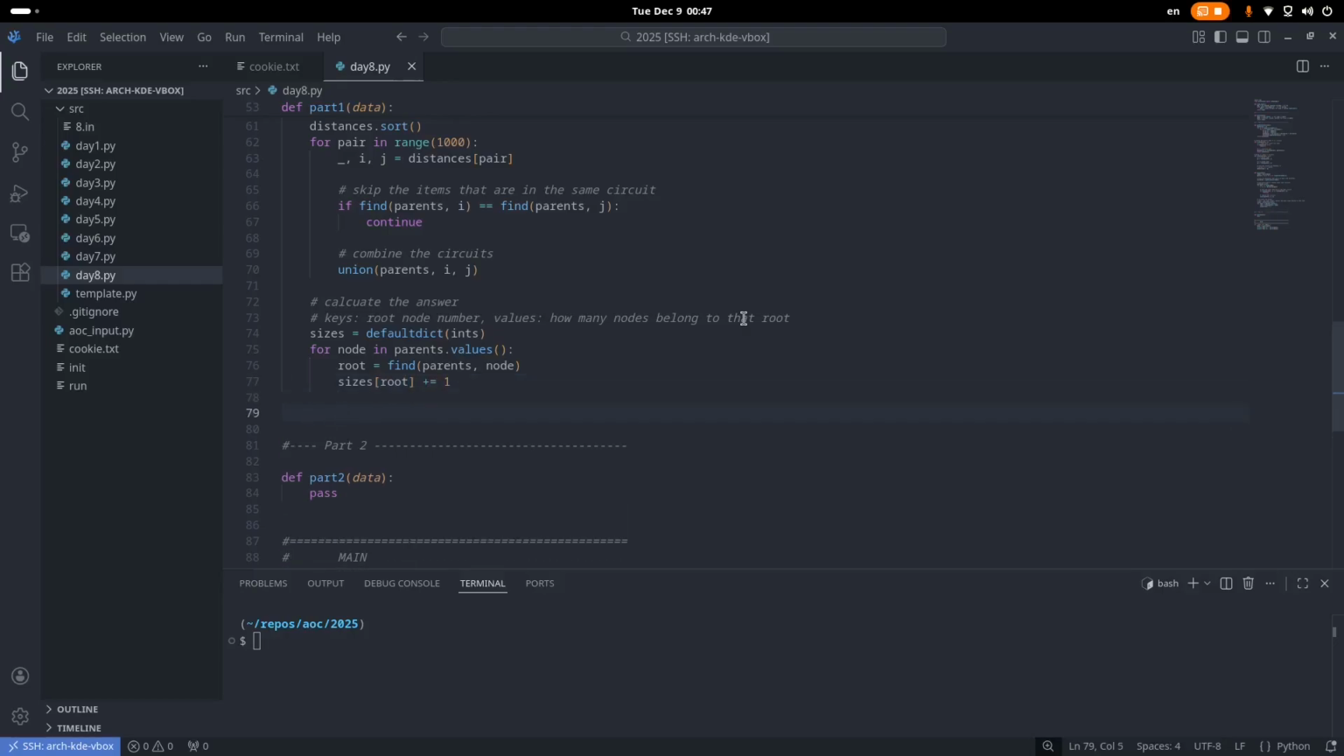And then finally for our answer, we'll say answer is equal to 1. And then for s in sorted(sizes.values()), so let's order sizes from smallest to largest. And we only want the biggest 3 values, so we can just take -3 onward, then answer *= s. And finally, let's return our answer. So if we go ahead and give this code a run,